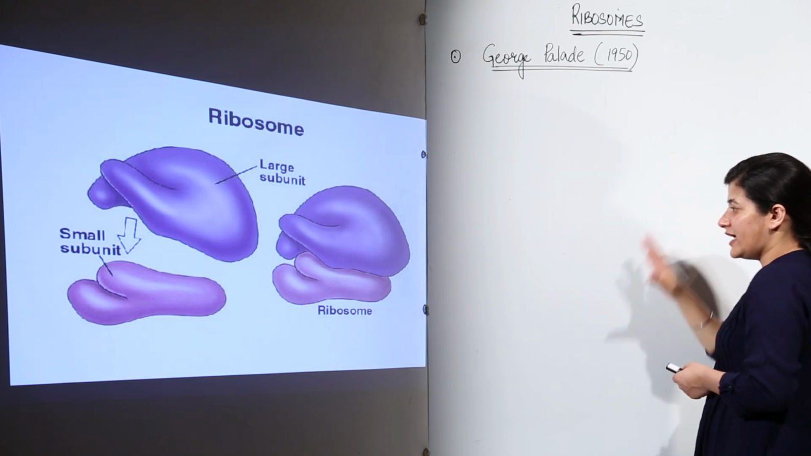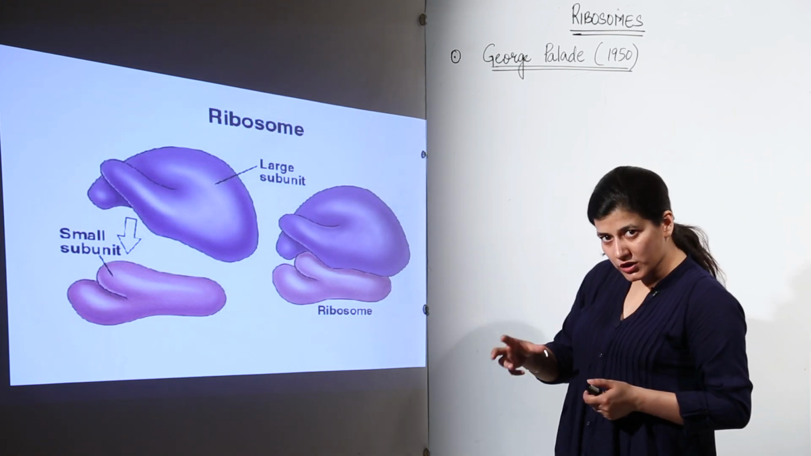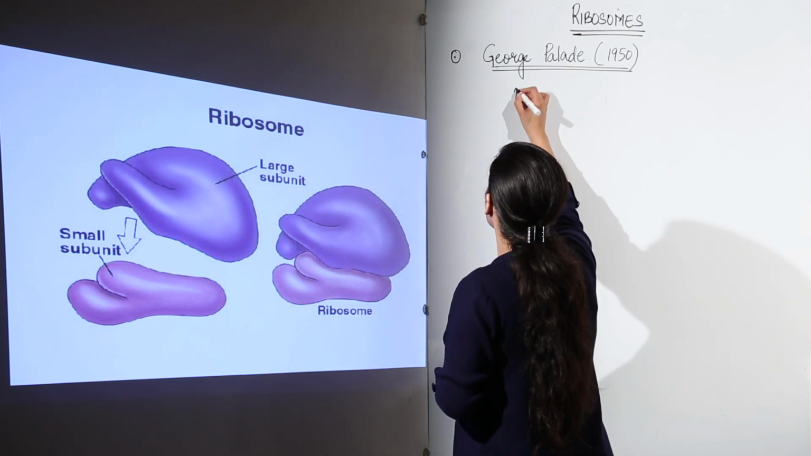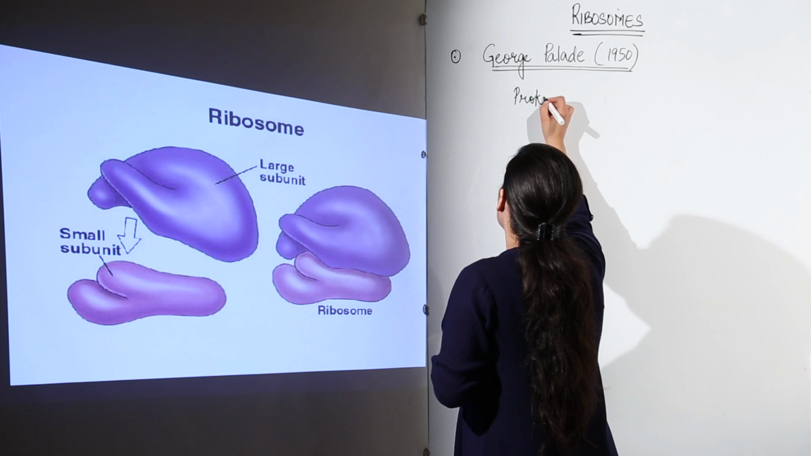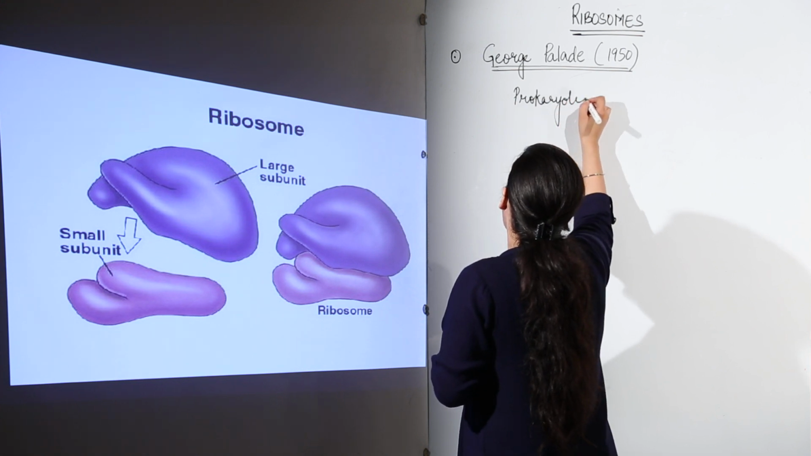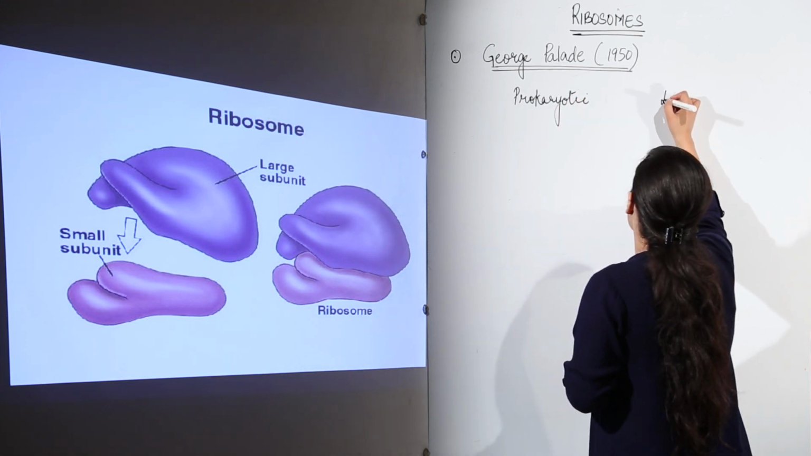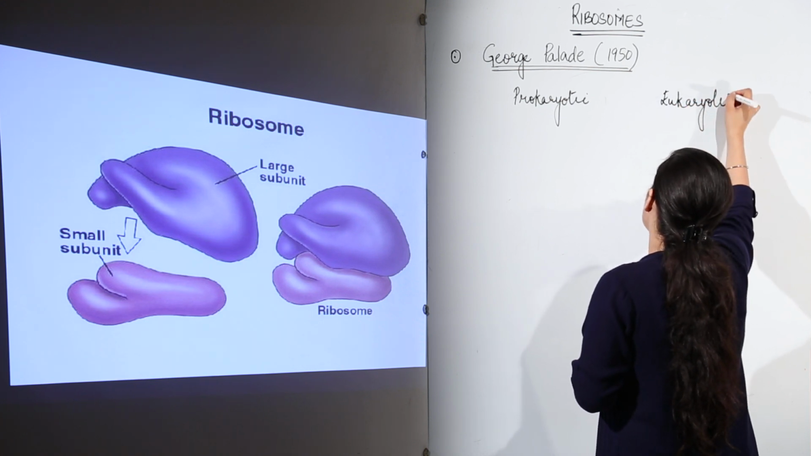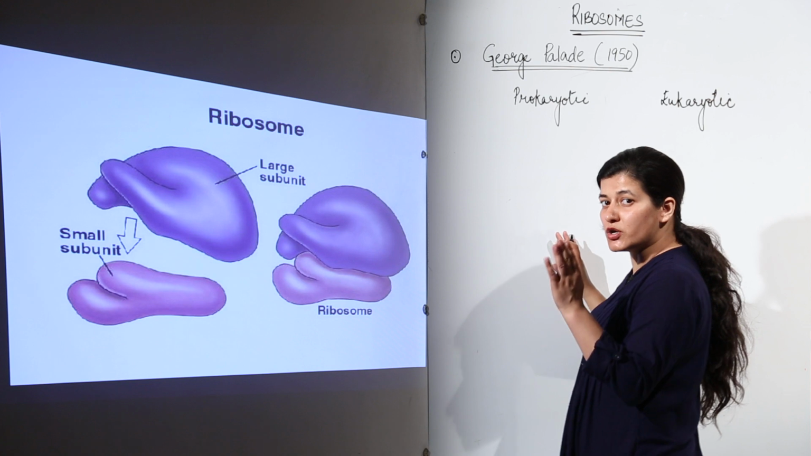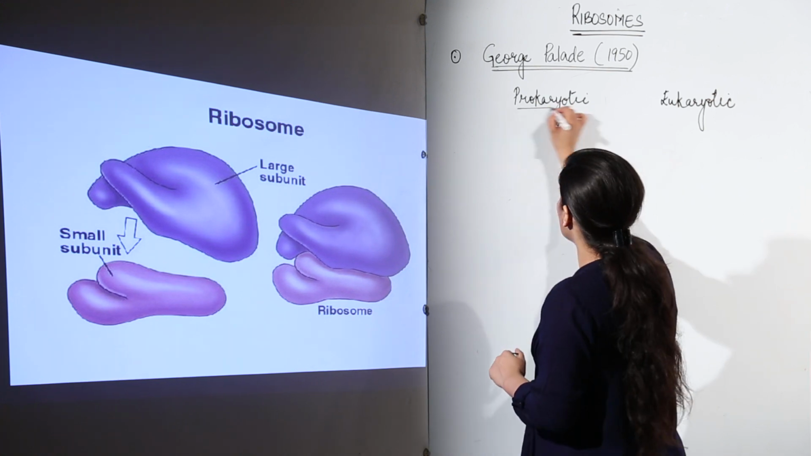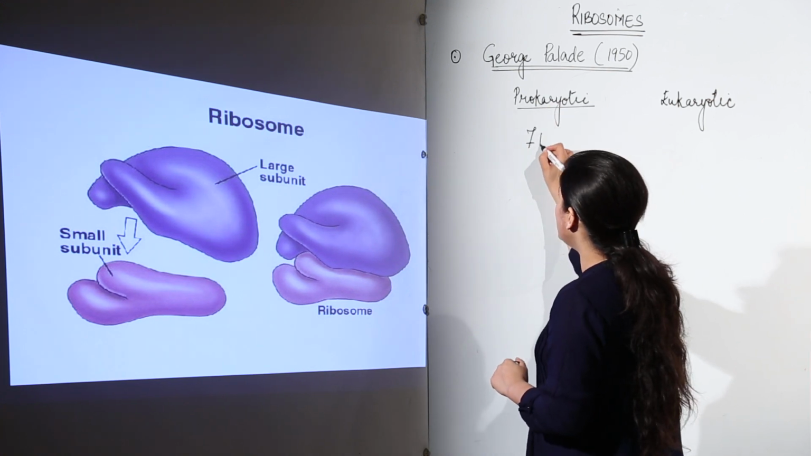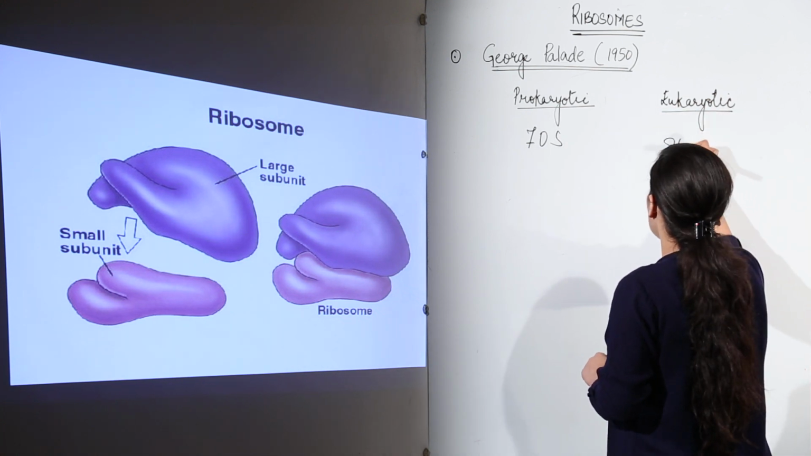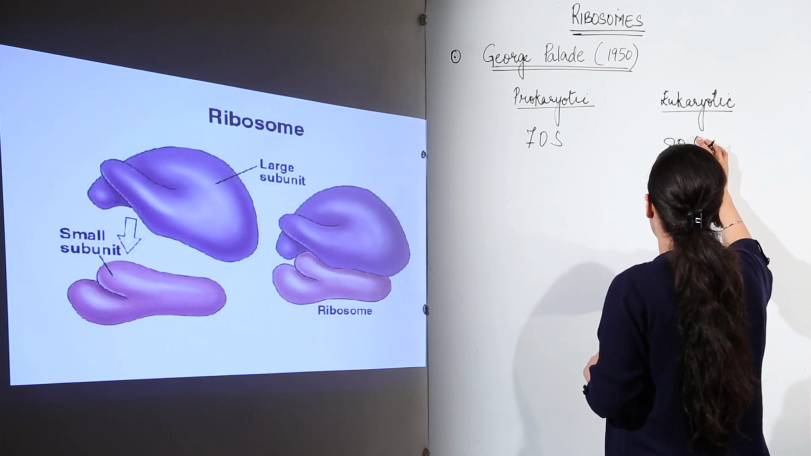Now because I have said that it is present in both the prokaryotic and eukaryotic cells, so we need to see that in a prokaryotic cell and in a eukaryotic cell how this ribosome is present. Though it is present in both, but it is not similar in both. In prokaryotic cells you would find a 70S ribosome, and in a eukaryotic cell you would find an 80S ribosome,